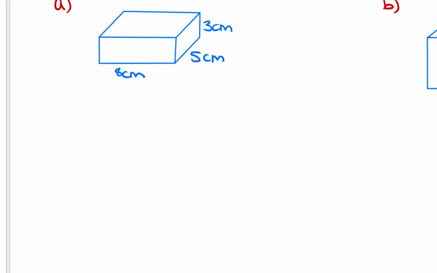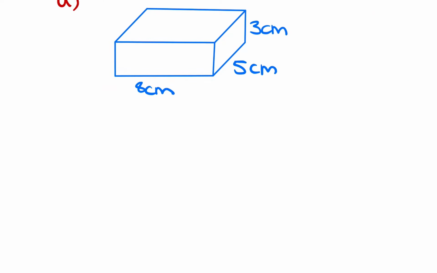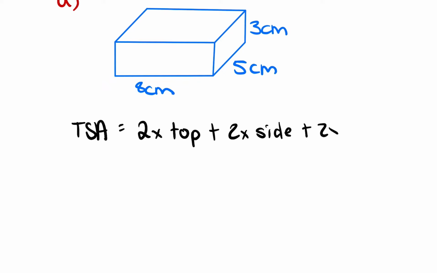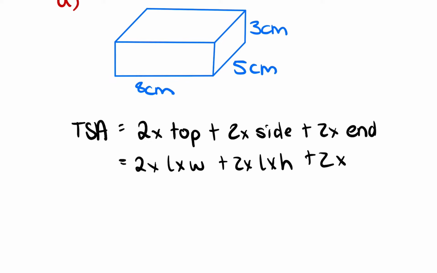So from this, we can then find our surface area, because we know we've got 2 of each size rectangle. So we've got 3 rectangle sizes all up. So I can write my total surface area. We're going to have 2 times our top plus 2 times our side plus 2 times our end. Basically, you need to use each of these numbers twice. So we're going to go 2 times length times width plus 2 times length times height plus 2 times width